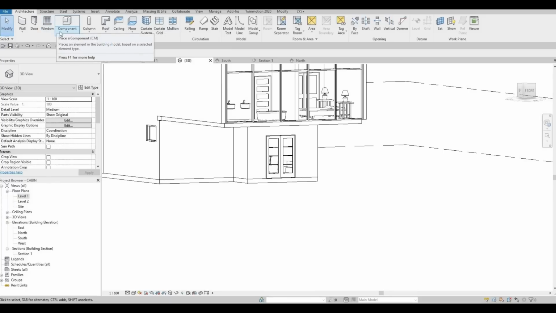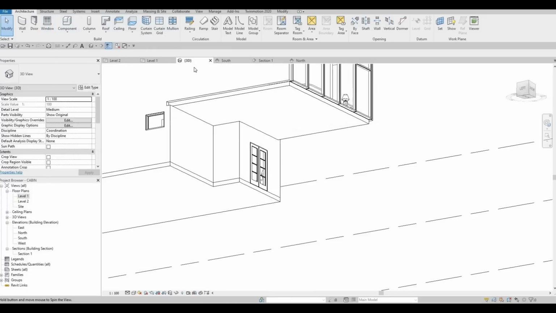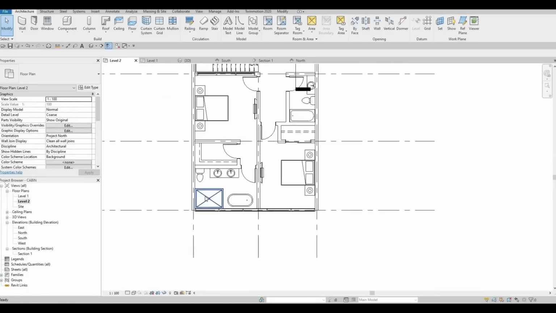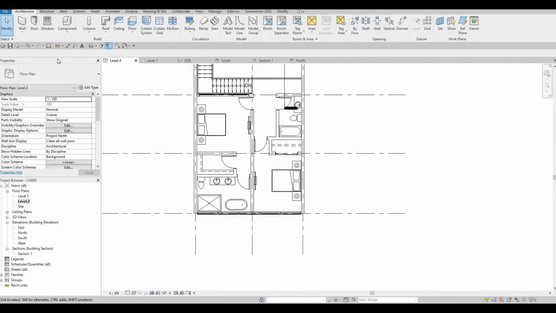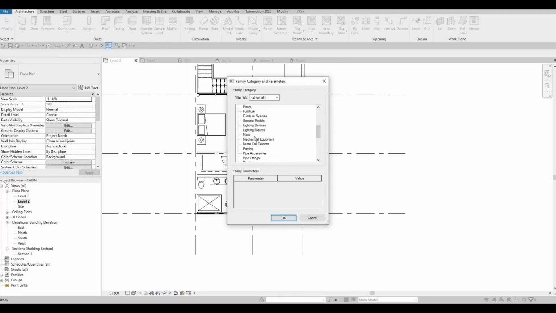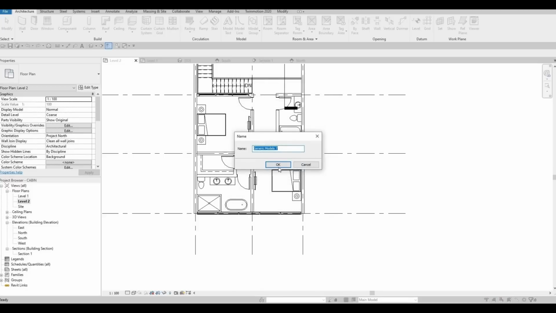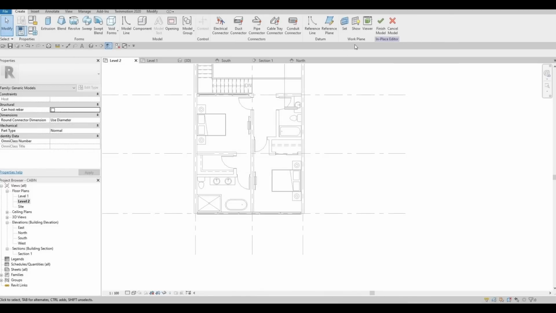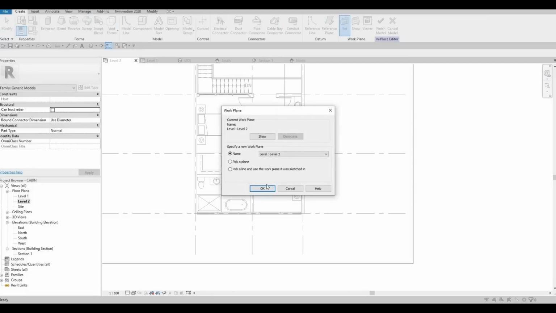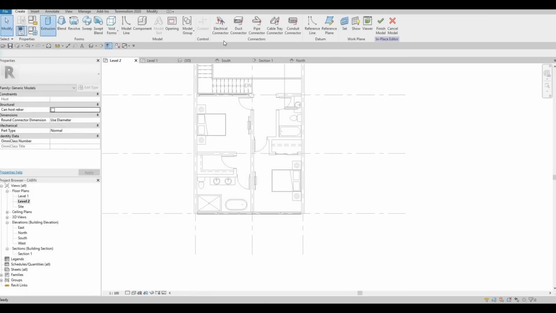I'm planning to use, I think it's better to use something like an extrusion, because at least we can manipulate that, extend it, or depending on what we want. So generic model, and then we could set this to level 2. That's okay. Extrusion,